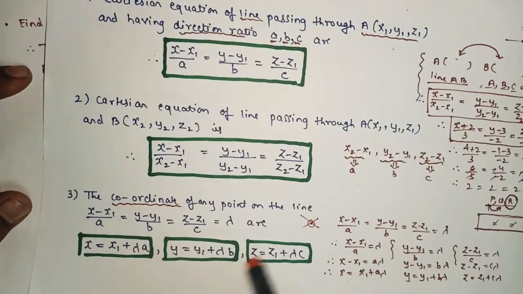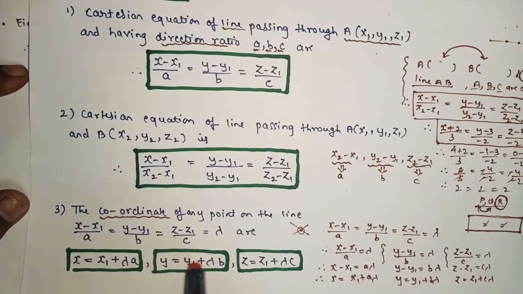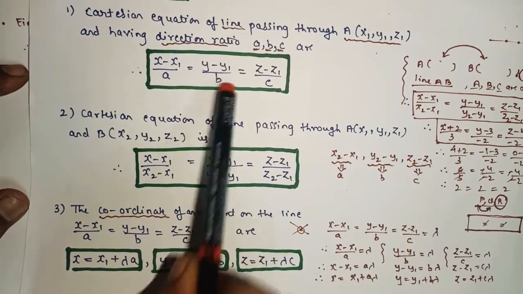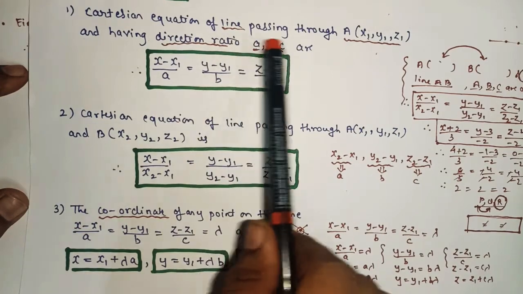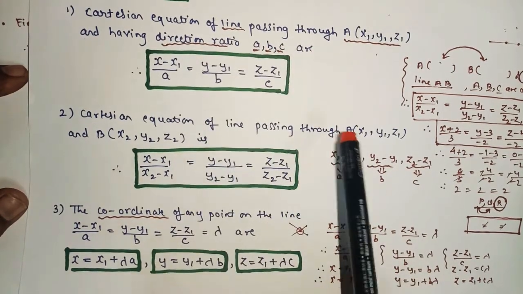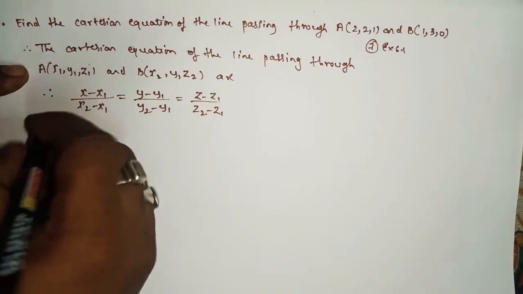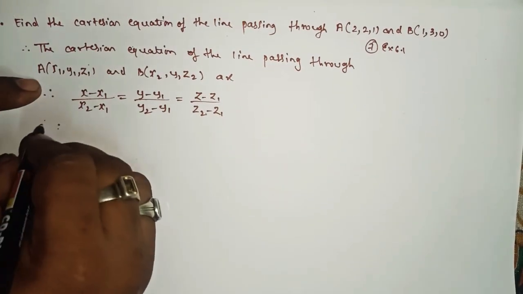And third one, when we have to find the coordinate. Okay, so this is the separate thing. These two formulas you have to remember are very important formulas, whenever you have a line passing through a point and direction ratio, and whenever you have two points. Okay, so therefore after this you will write